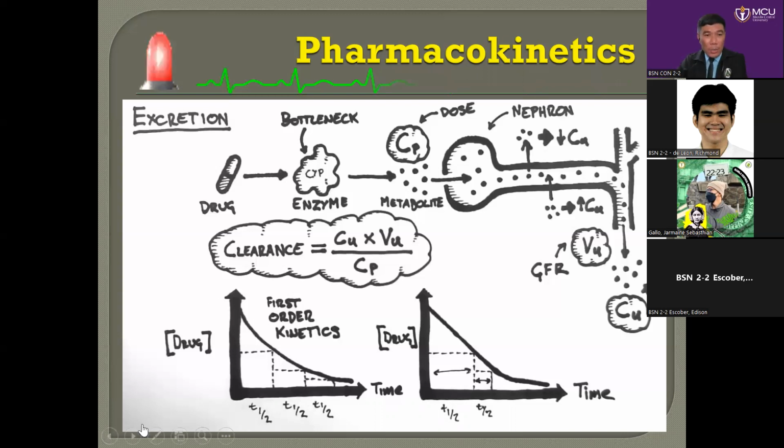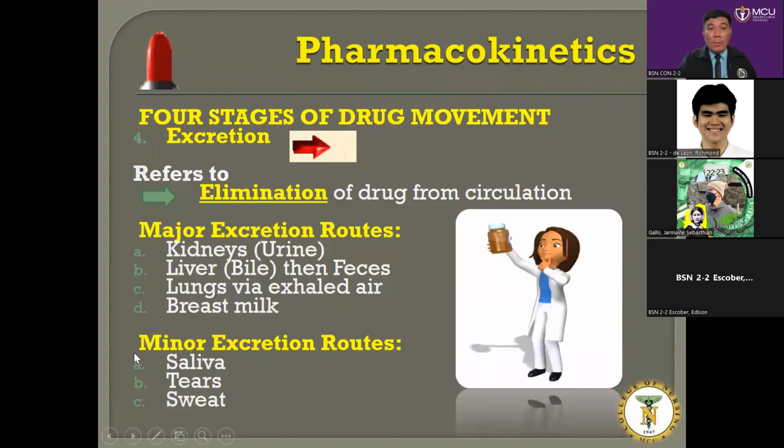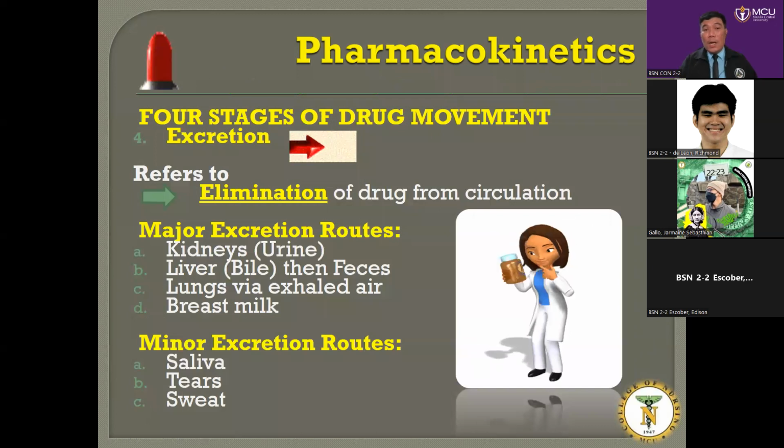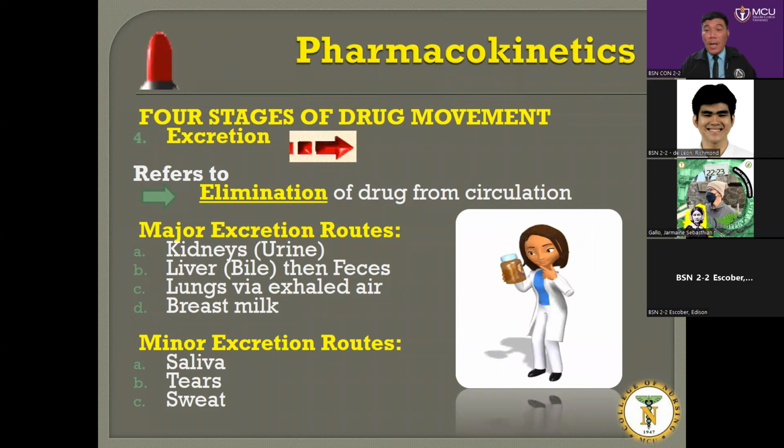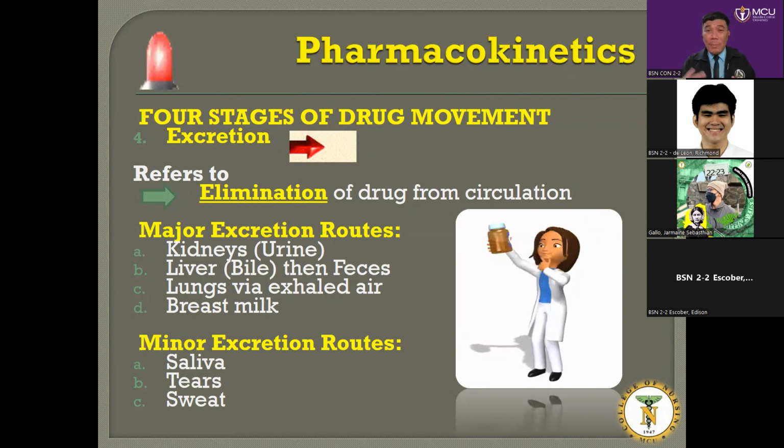So when it comes to the excretion, I am now leading to the end of the discussion. The elimination of the drug usually are considered kidneys, the liver, so yon yung bile, via feces, lungs din, kasi yung once exhaled, it may facilitate also the excretion, and breast milk. Kaya that's why, di ba, for those who are breastfeeding mothers or nursing mothers, we take into precaution if the mother is taking drug, kasi pwede siyang ma-excrete via the breast milk. Other minor excretion routes ay saliva, tears, and sweat.